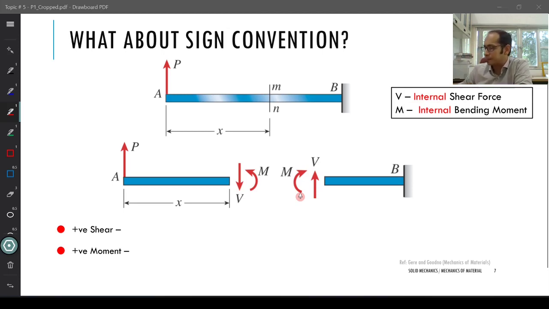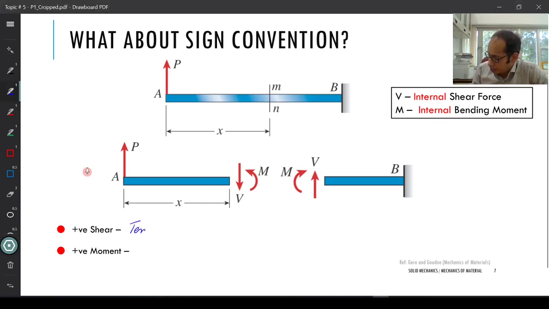Take a look at this figure. In this figure, this force V over here, if this is your element, this force V tends to rotate the element in a clockwise manner, right? So it tends to rotate the element in a clockwise manner over here. Similar to this one over here. Here, this force V also tends to rotate the element in a clockwise manner, right? So a positive shear is the one which tends to rotate your element in a clockwise manner. So let's just make a quick note of that. So positive shear is the one which